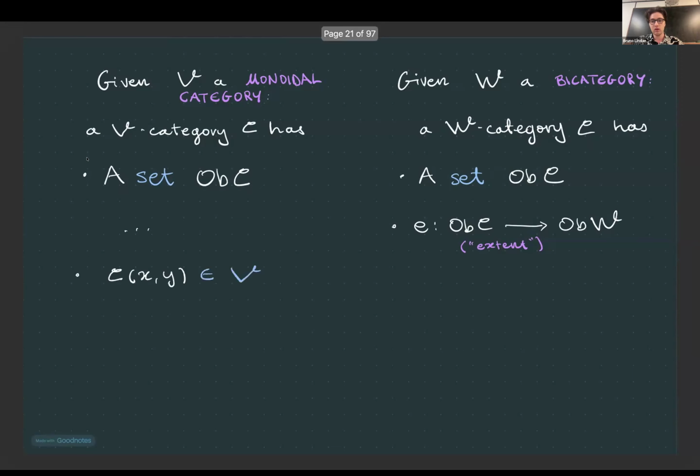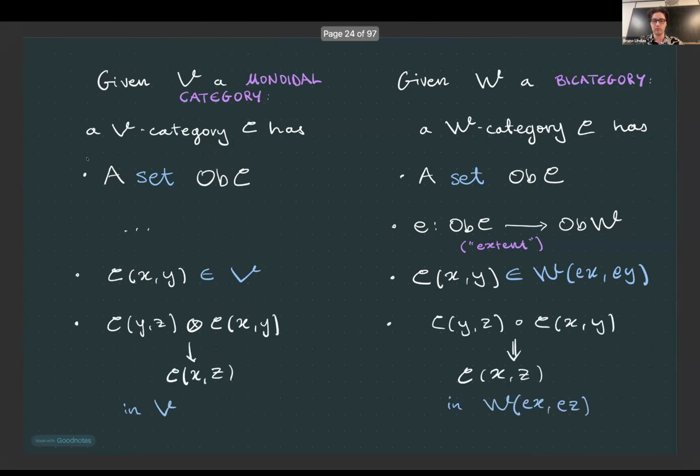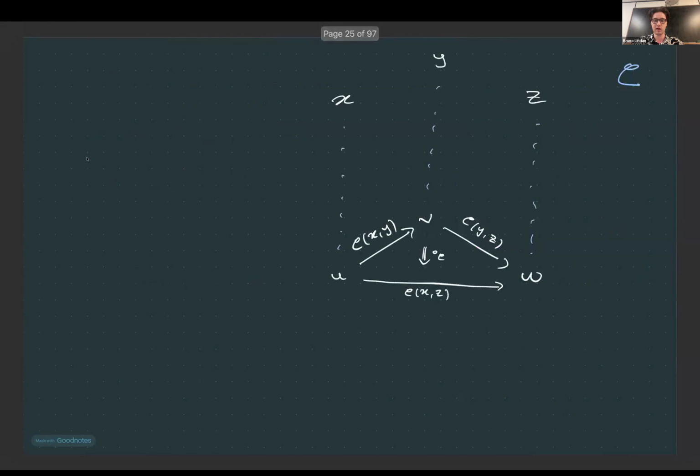When you enrich in a monoidal category, you have an object of V replacing the set of arrows from X to Y. But instead, because we have this new fact that everything is lying over an object in the base, we have to take that into account. So the hom object becomes a hom one cell between the things that X and Y lie over. And there'll be a picture on the next slide as well. And similarly, we've got a composition two cell between the composites of the hom arrows instead of a composition arrow between the tensor product of the hom objects. Okay, so it seems a little bit peculiar. Let's draw a quick picture.